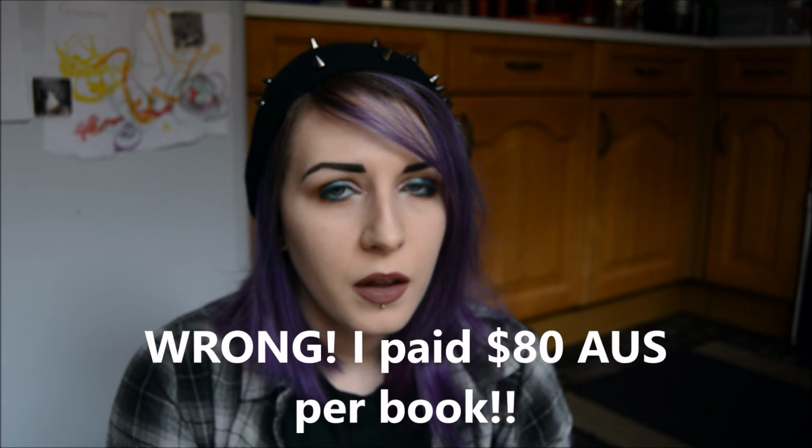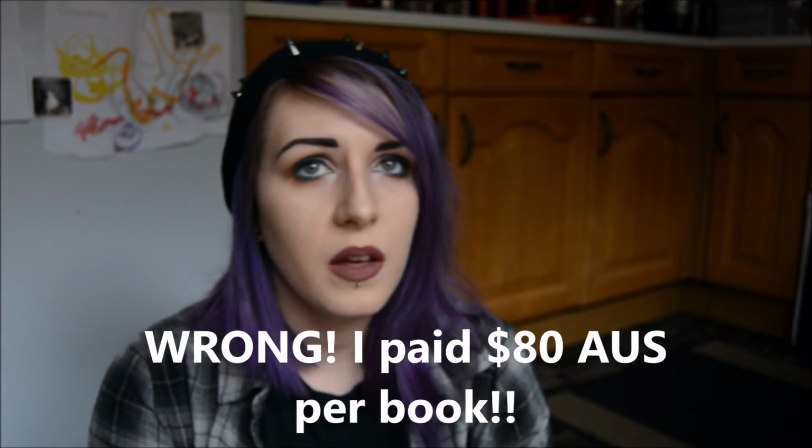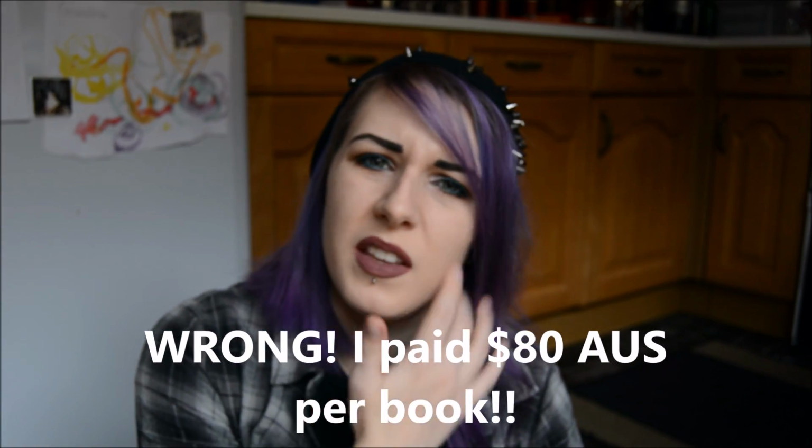So like I say, these are collector's items. Honestly, I can't remember how much I paid in Australian dollars, but in British pounds, I think I paid £80 per book. Whatever that is in Australian dollars, it's easily double. I think it's something like $180, I can't remember at the time. Of course, the value of the pound has now changed, but we won't get into that. So what does this fetch on the online market? I have no idea. Like I say, because this hasn't been numbered, I don't think it's going to carry as much worth